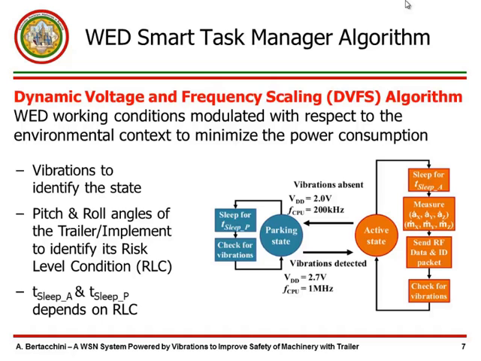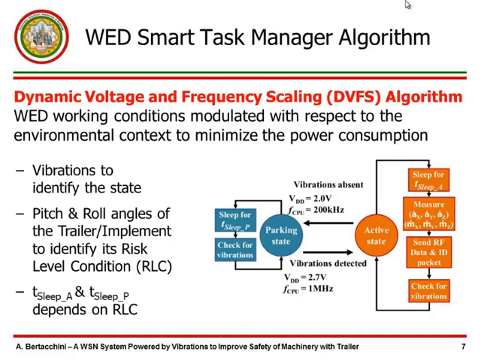When in parking, the device has only to check the presence of vibrations, while when in active state, the device measures acceleration and the magnetic field components and calculates the pitch and roll